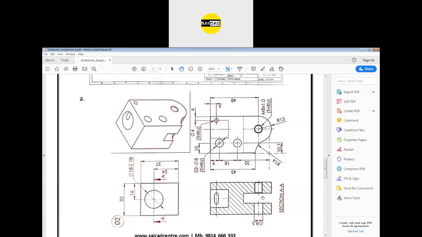This one was missing. Actually, this is an assembly drawing, so this dimension was in the other drawing. In case you don't have a dimension, you can assume it, or you can search for the part that is assembled here and check the dimension of that part.